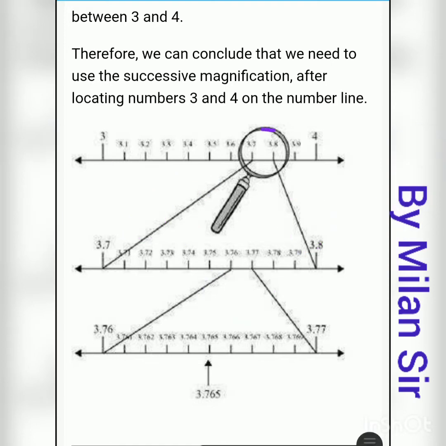That means if we zoom this part, 10 more numbers are there in between.